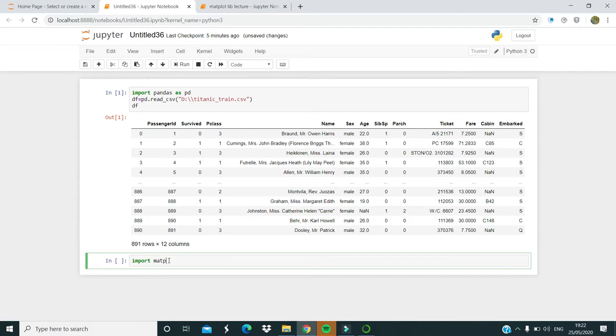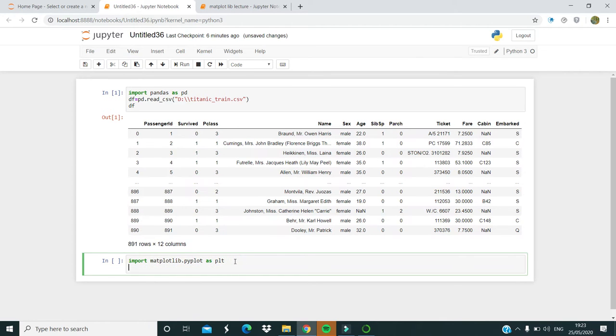Import matplotlib.pyplot as plt, that means we are going to use matplotlib.pyplot as plt in my program. It's a very wonderful library for data plotting.